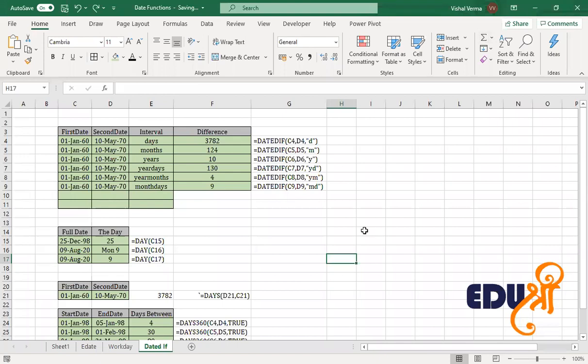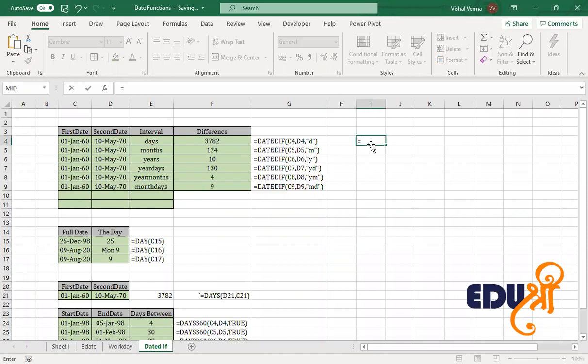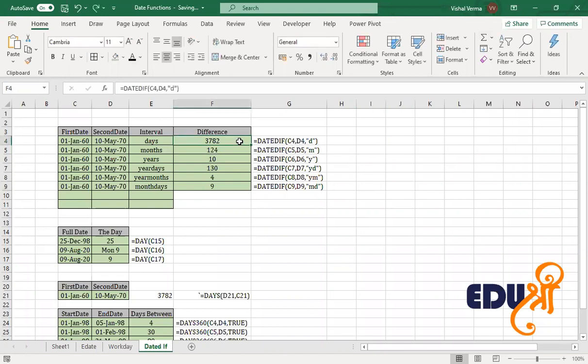The next important function is your DATEDIF function. Although in MS Excel 2016 onward, this function has been removed. So if you type a function in 2016 onward, you will not find the function DATEDIF. If you really need DATEDIF, you can copy it from your old Excel sheet and use that function. It will work fine if it is copied from anywhere else.